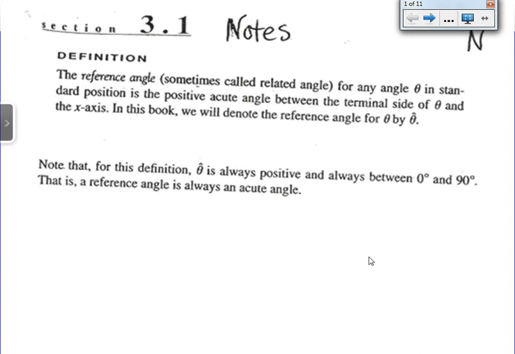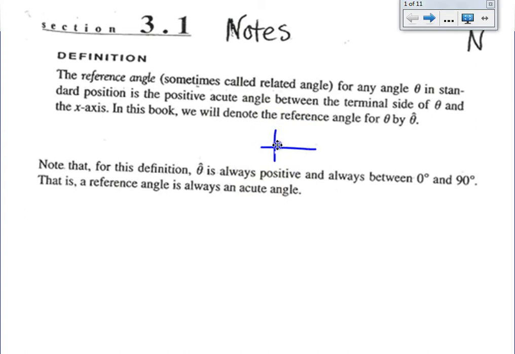Section 3.1 in Trig is going to first talk about what's called a reference angle. Now, we've actually talked about reference angles a little bit, but they are the positive acute angle that is formed between the terminal side and the x-axis. So, just to give you a little picture reference,